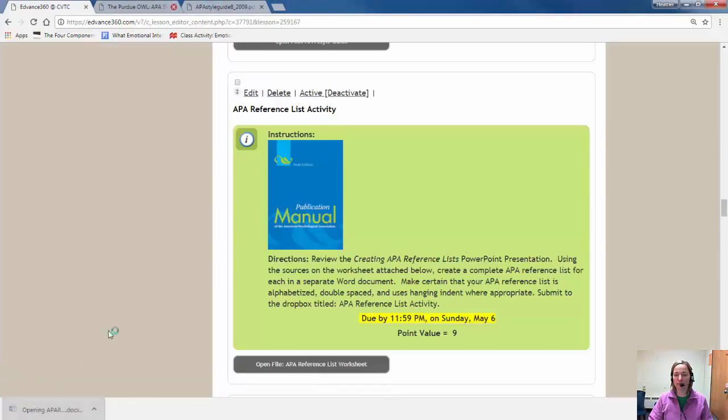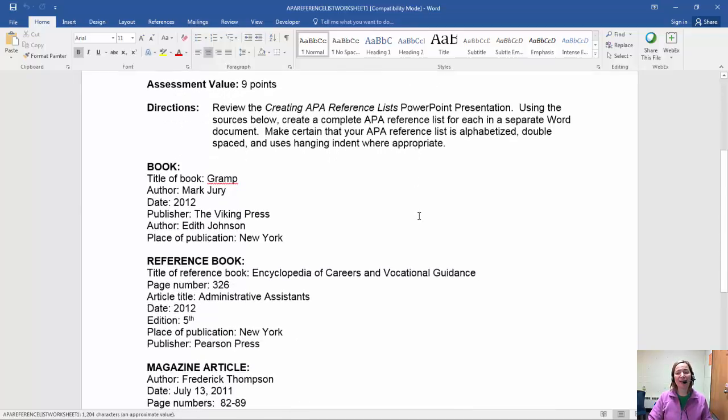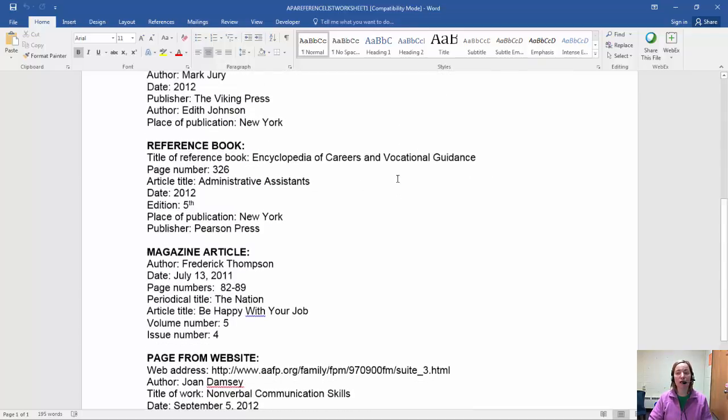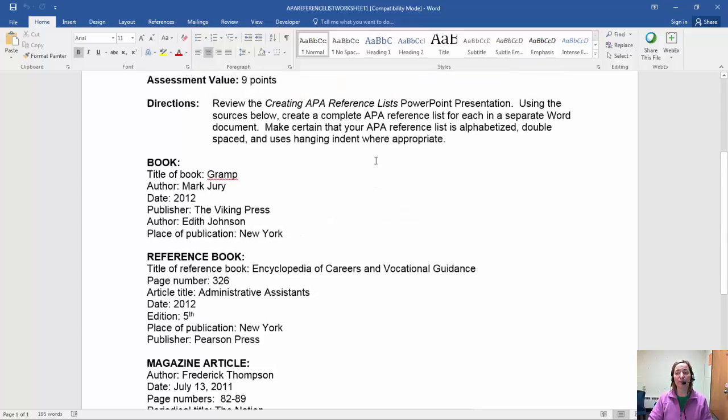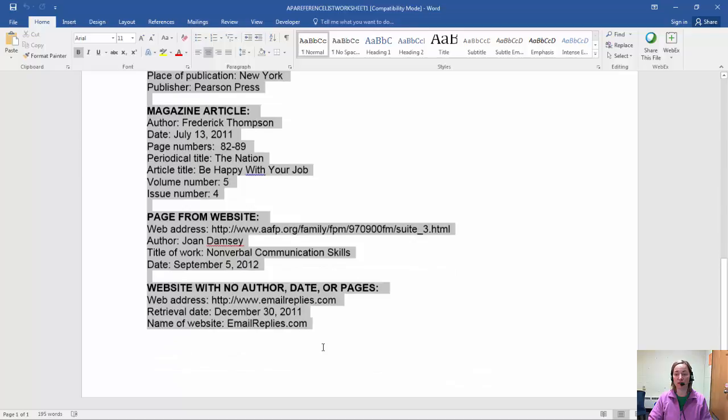So if we open the file, I have given you a variety of different sources, and what you're going to do after you've viewed the PowerPoint is you are going to attempt to take the sources given here and create an APA works cited page based upon the proper information that was given to you in the APA reference list PowerPoint presentation. So you'll put your own APA reference list together based upon this information right here, all of these